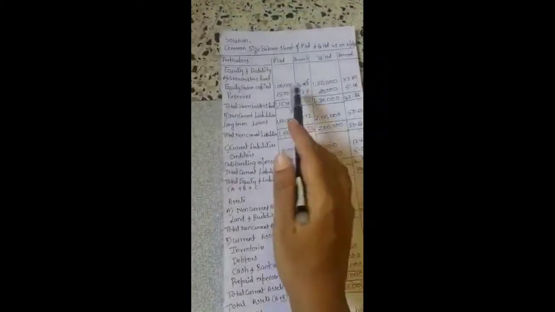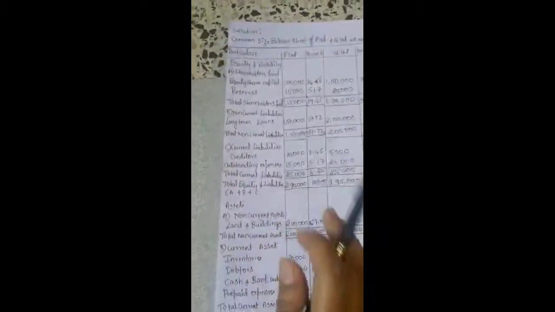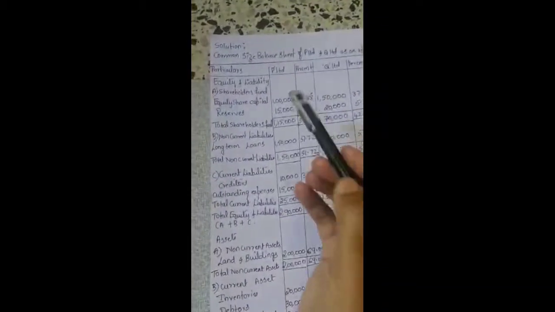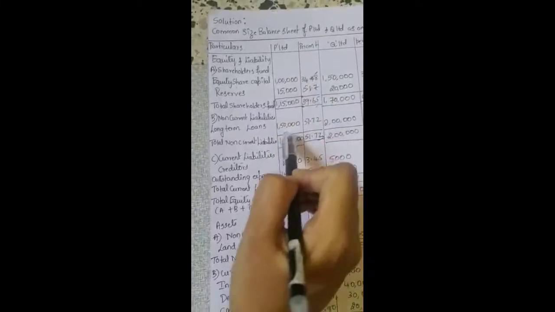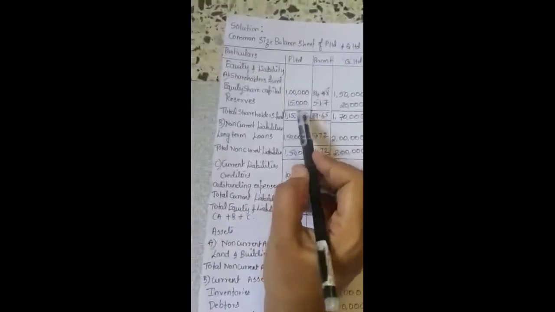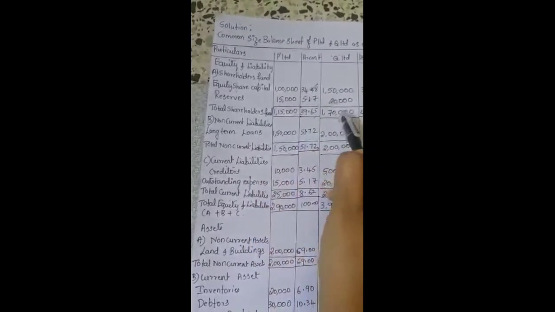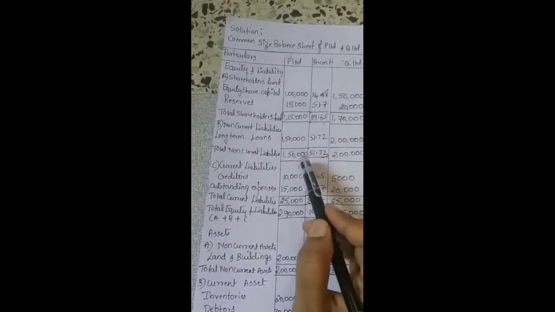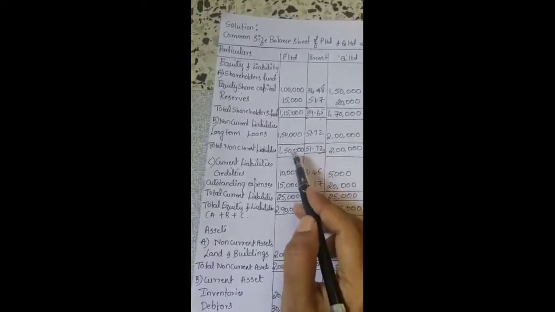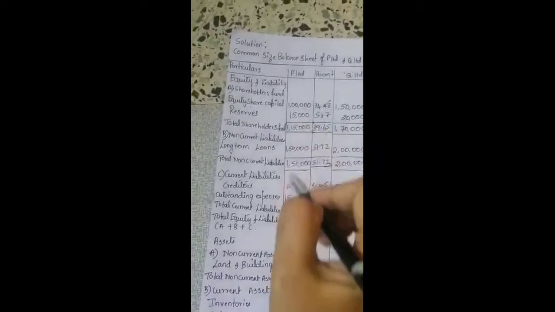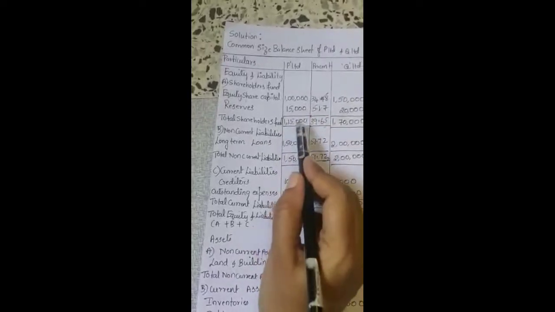They have asked us to comment. So while commenting, 3 comments should be passed. The first comment is about the owner's equity. While passing the first comment, the first 2 parts should be observed. Here the shareholders fund of P Limited is 1,15,000, Q Limited is 1,70,000. Non-current liability is 1,50,000, 2 lakh. So which is more here? This is owner's fund. Remaining, all these are borrowed fund.